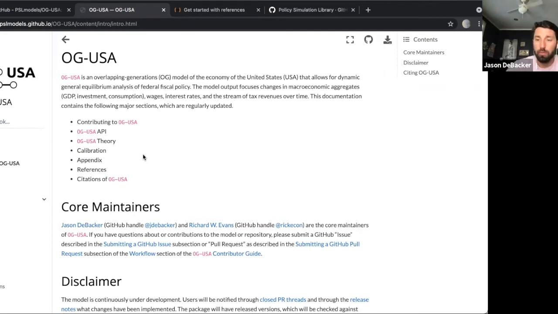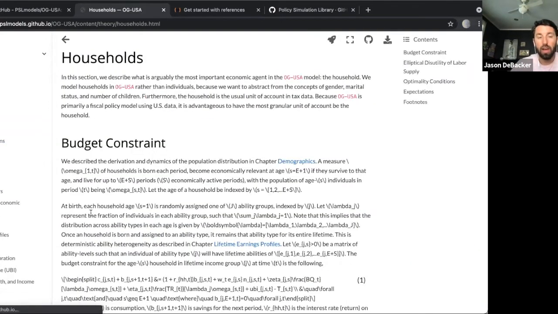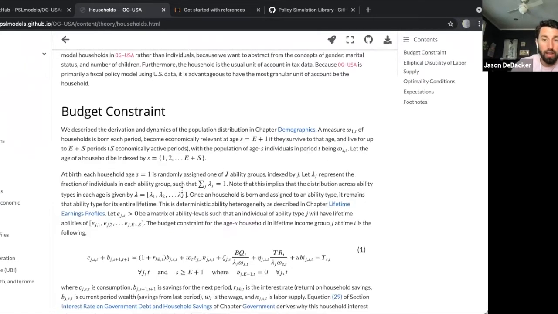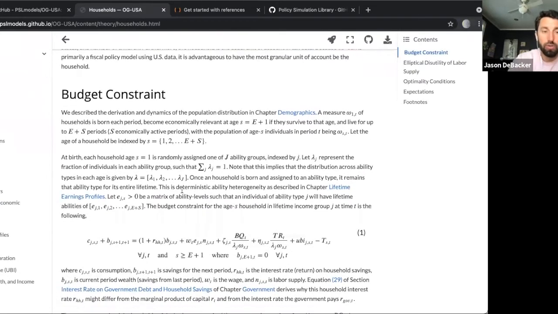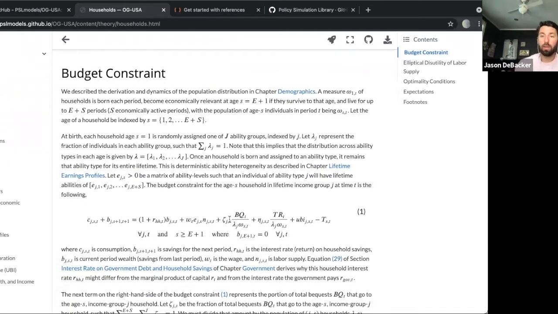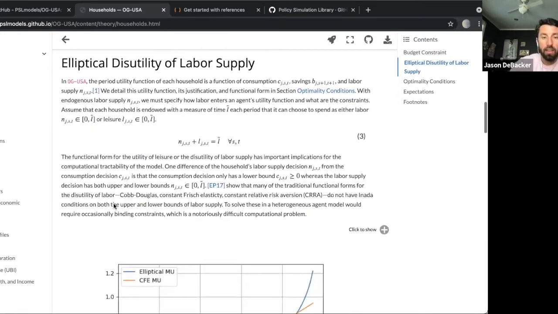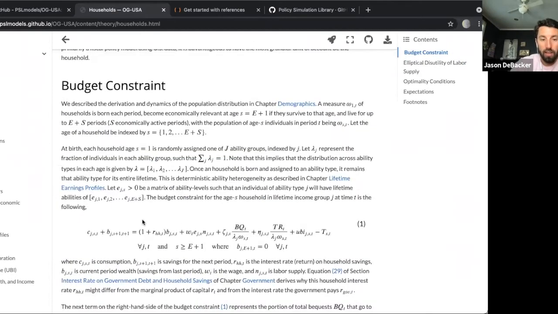And now with Jupyter Book, you're able to wrap all of those together in one document. So we can go through and look at, for example, the model theory here, where we outline the underlying economic equations that OGUSA is built upon. So we have all of that TeX code that used to be in our PDF documentation, all here in the Jupyter Book. And so you can see, for example, here, the budget constraint of the household